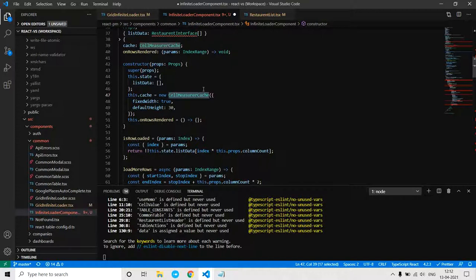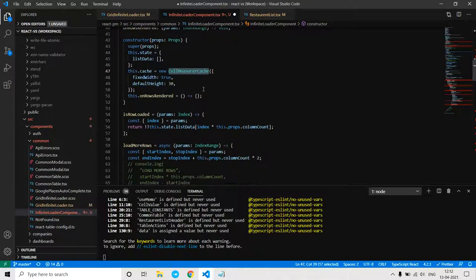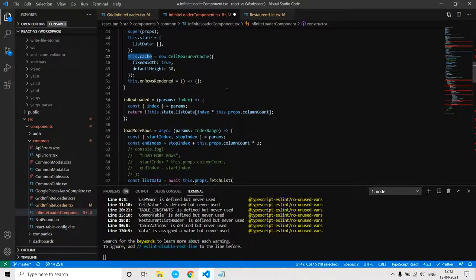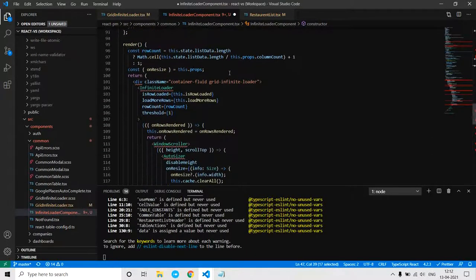All these components, cell measurer cache and the grid, are used by infinite loader to render the cells efficiently. So when we do this dot cache dot clear, it's just going to clear that cache. So we are clearing the cache here.